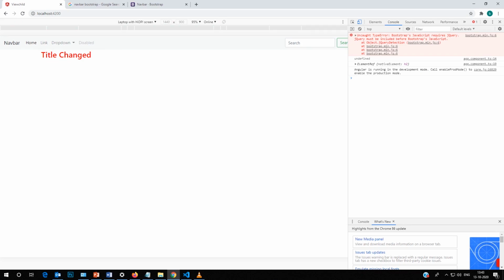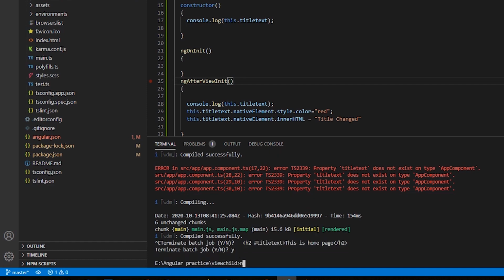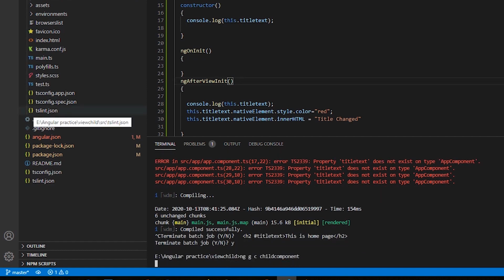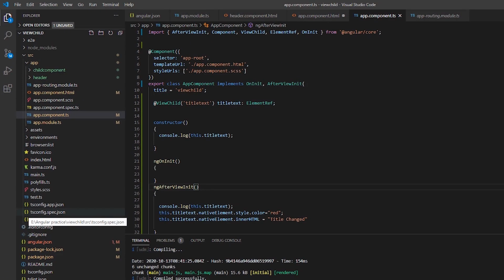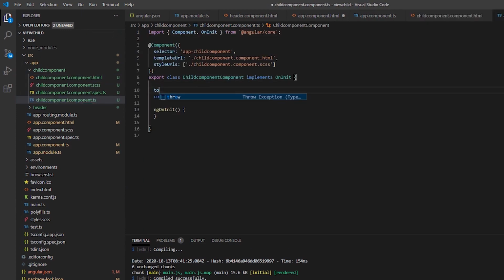Now let's implement the ViewChild decorator with a child component. Let's create another component. Type ng g c and then the component name, like child component. You can see our component has been created. Now let's print the current date and time in the child component.